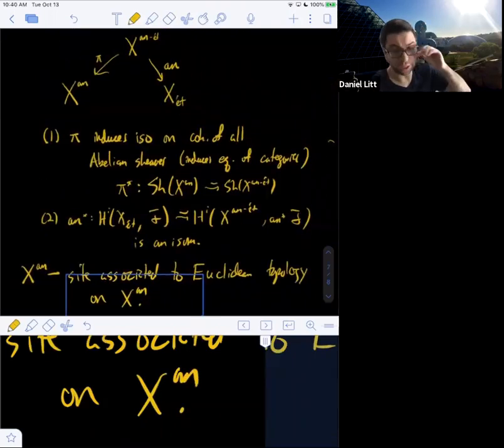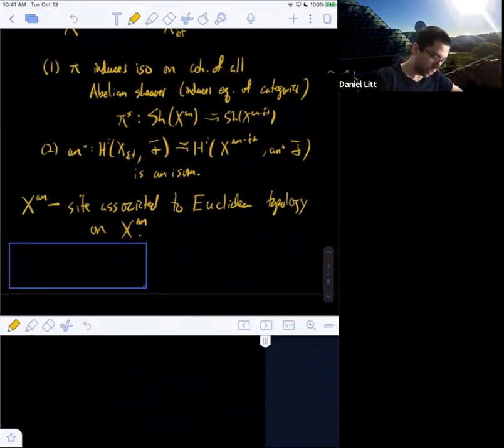So if you'd like, what you can do is locally choose an embedding of X into affine space. So that's given by some polynomials. Those polynomials cut out an honest topological space inside of C^n, and then you locally give it that topology. And then there's a lot of content in checking that that topology is actually independent of your embedding, but that content was worked out in the 40s and 50s.